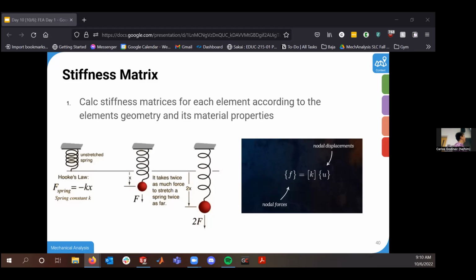In a 1D case like this, you just have an unstretched spring. As I add more mass to it, my displacement increases and my spring force increases linearly at a rate of my spring constant. FEA does a very similar thing, where the forces acting upon each node are equivalent to whatever my nodal displacements are that I calculated, so my degrees of freedom,